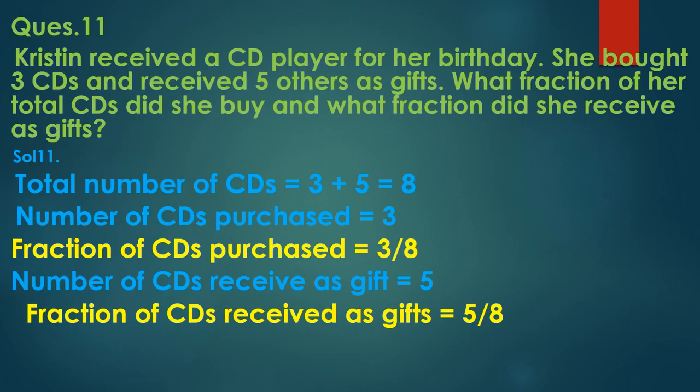Now see, how many total CDs does she have? 3 plus 5. 3 she has bought, she has purchased, and 5 she has received as a gift. So total number of CDs she has is 8. Number of CDs purchased by her is 3. So what is the required fraction of CDs purchased? 3 upon 8, because in the denominator we will write the total. So total is 8 and number of CDs purchased is 3. Now next is, you have to find out what fraction did